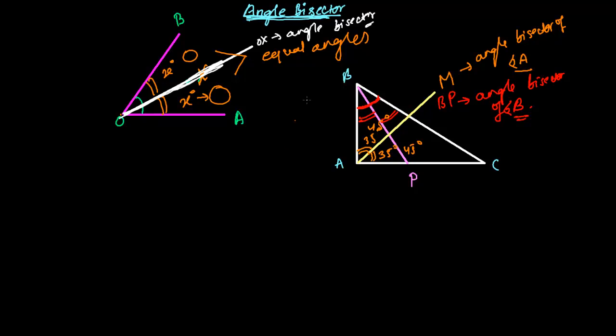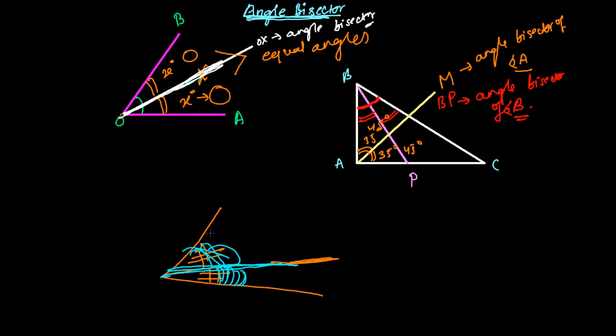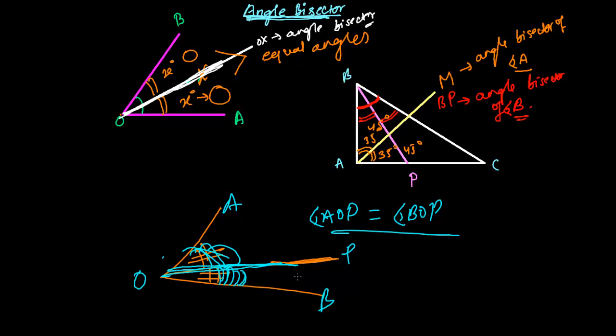Alright, simple. So angle bisector is a very simple concept. Any angle you have, and a line which exactly makes it into two equal parts, such a line is called an angle bisector. So here this line is the angle bisector because it makes exactly two angles from the initial angle we had. Suppose we had AOB, and it made angle AOP. Here we get angle AOP equal to angle BOP. In that case I can say that OP is an angle bisector. That's it.